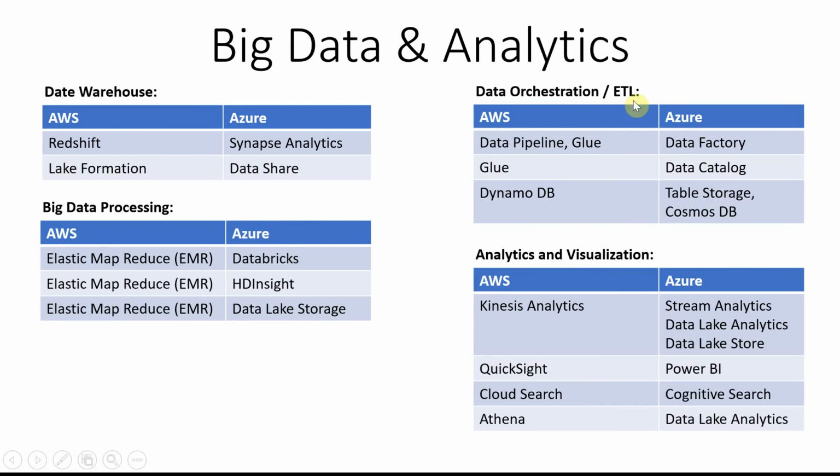Coming to the ETL side, Data Pipeline or Glue are the popular ETL categories. Here it is Data Factory. Data Catalog is also used, but Data Factory has more advantages and is being promoted very heavily for ETL requirements compared to Catalog. Primarily both come under a similar category. It's about how you organize your data pipeline for your ETL requirements. That is what these products are.